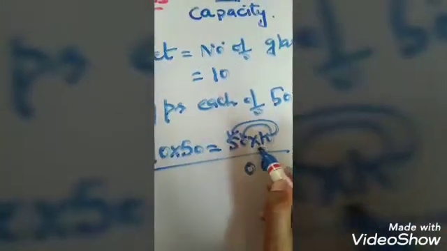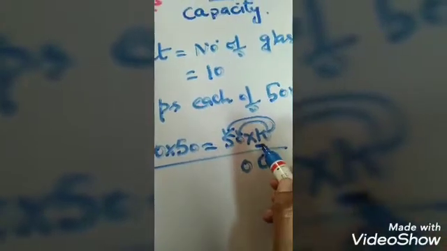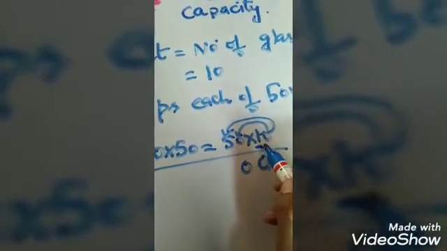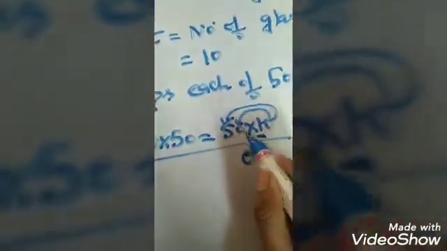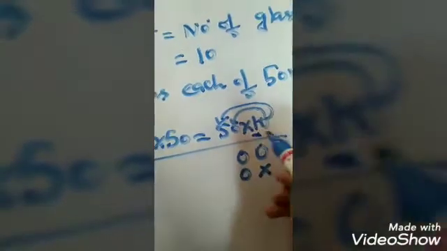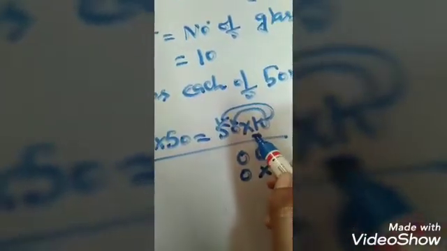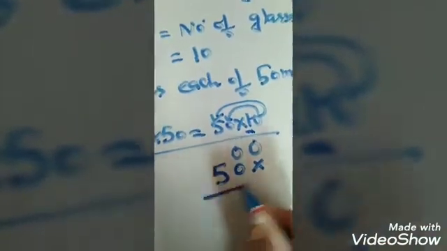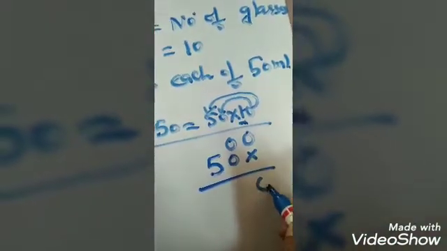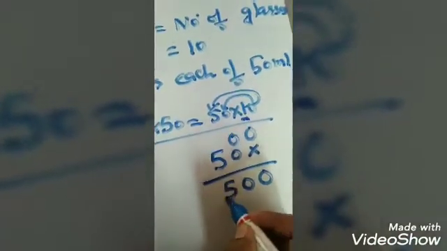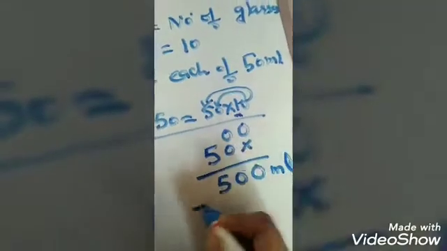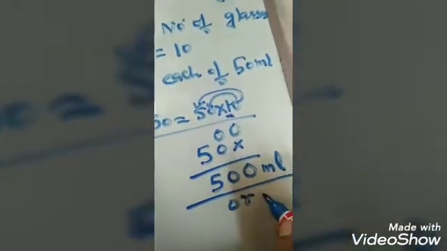Now I have this one. When I move to the second position on this, we also have to move in the answer to the second position. So we have to leave the first column. We have to put a cross like this. So 1 zeros are 0, as we know anything multiplied by 0 is equal to 0. Then 1 5s are 5. So this 0 and cross will come 0. This 0 and 0 in addition we will get only 0. And this 5 will come down. So this is 500 ml, or half liter. They are equal.